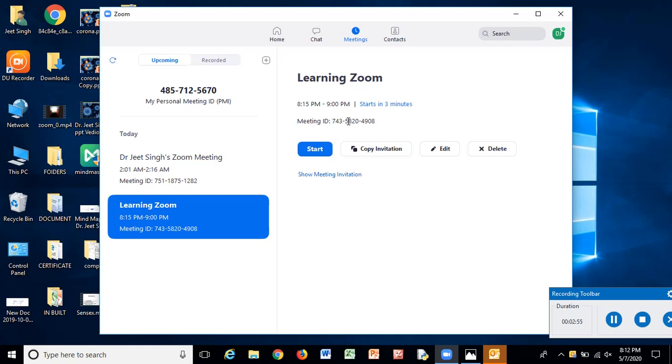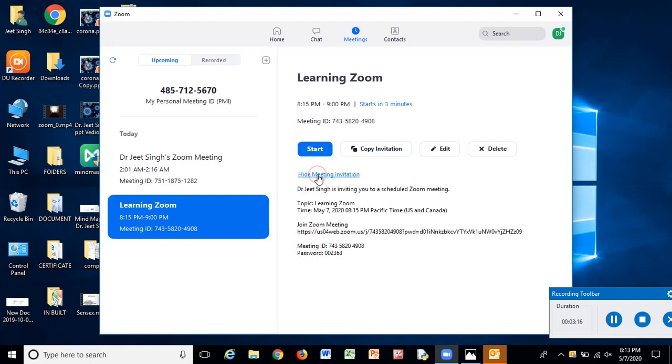We can copy the invitation of the meeting, and send it by email or WhatsApp to our friends and participants with whom we want to carry out this meeting. We can also see the meeting invitation here.